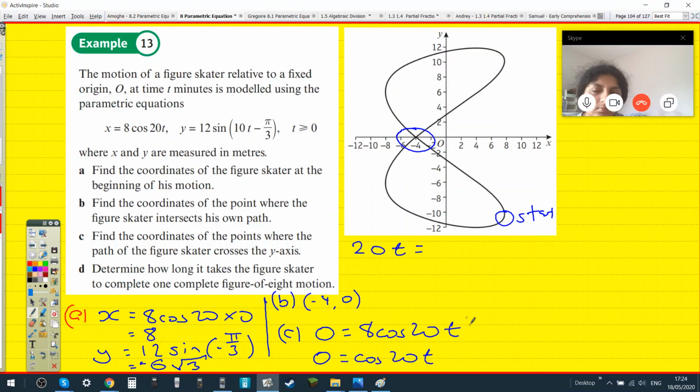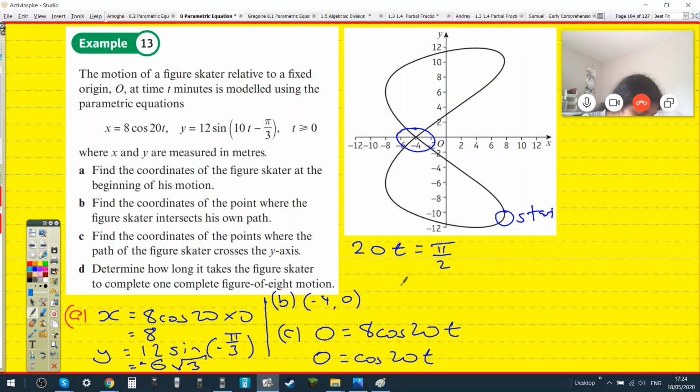There you go. Okay. And then t is equal to pi over 40. And then you substitute that in the y equation. So 12